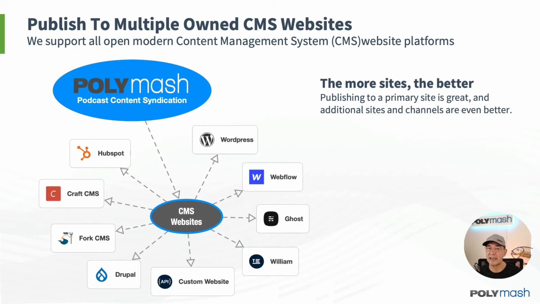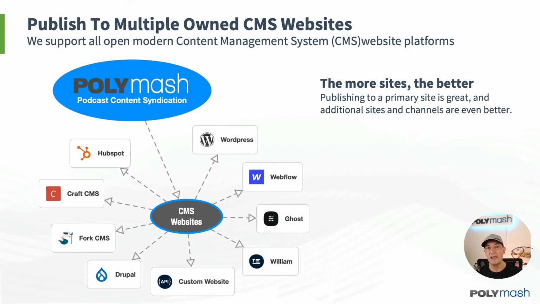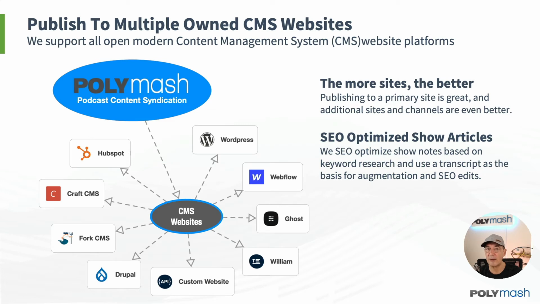And so the more sites that we can publish to, the better. Additional sites and channels are always welcome. And this is done in a way to avoid any duplicate content penalties from Google. For those of you familiar with SEO, there's a technical term called canonical tags. All of the articles that are getting published through the system basically point the rank authority that Google attributes to your primary website, to your business website. And so the more sites, the better. There's no concern about having any duplicate content penalties.